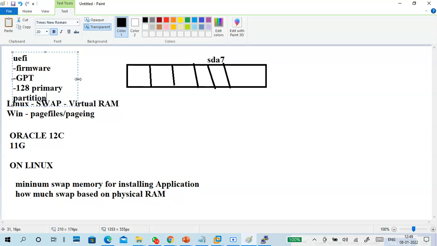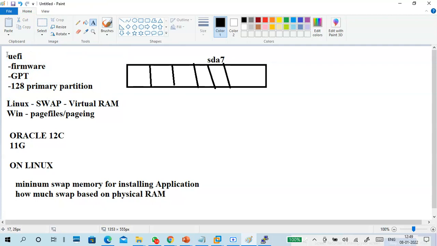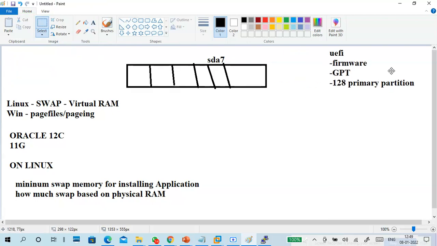So earlier we had a doubt on that. Remember, 128 partitions we can create, all primary.